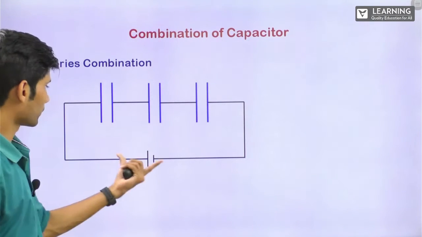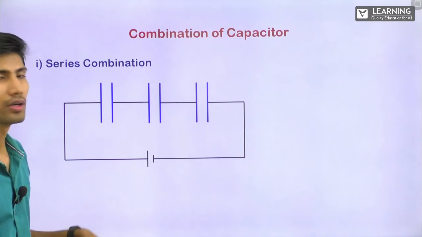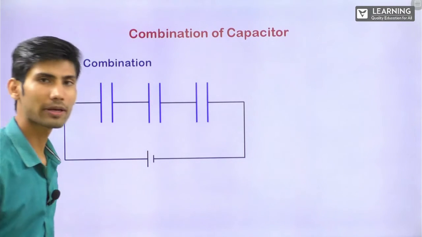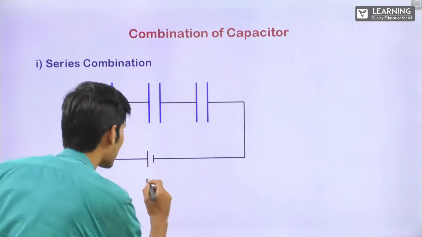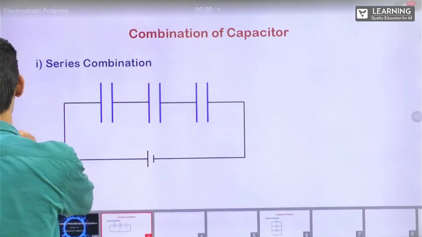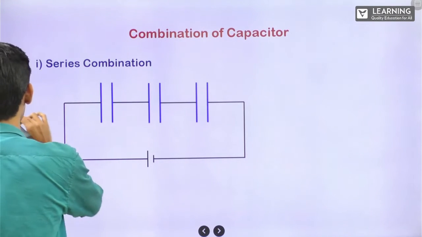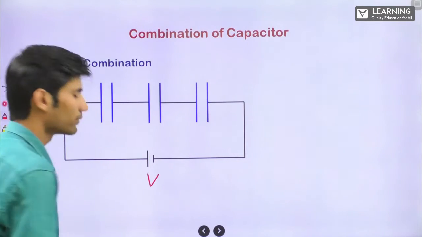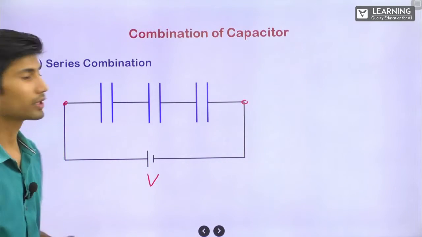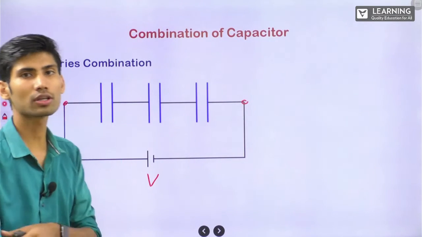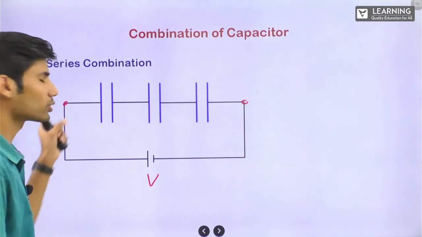Now, second thing, we'll connect a battery. After connecting the battery, what will happen? Some Q amount of charge will flow through these capacitors. Correct? Why? Because now the potential difference has come, right? If this battery has, let's say, potential V, EMF V, the potential difference across these terminals will be V. Correct? So here some charge will be flowing across the capacitors. Let's say some charge Q is flowing through the battery.